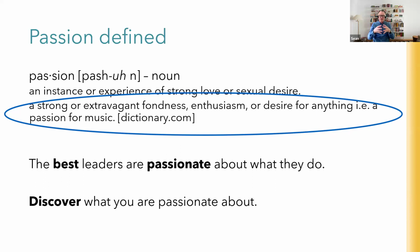But I'm passionate about music. I always have been, ever since I was young. And one day I said to somebody, "Well, I'm passionate about music, and I wasn't passionate about the job." And they said, "Well, let's do an exercise." And it was a good exercise, and I'll ask you to do the same thing. They said, "Think about the thing that you're passionate about." And I did. I thought about music, and I thought, "Why are you passionate about music?" And I thought about it. I said, "I just love playing." They go, "No, no, that's not it." I thought, okay. They made me think, and they questioned me, and I discovered that